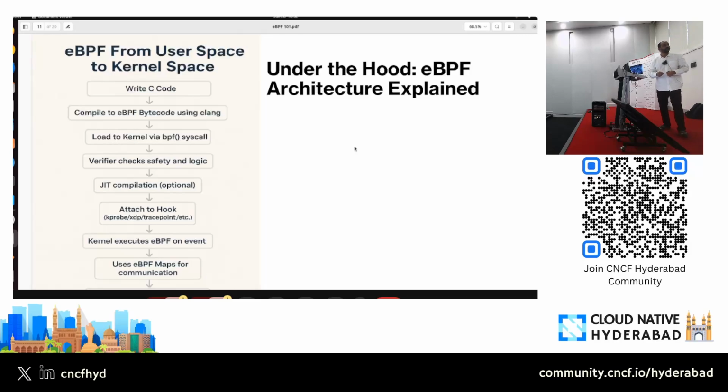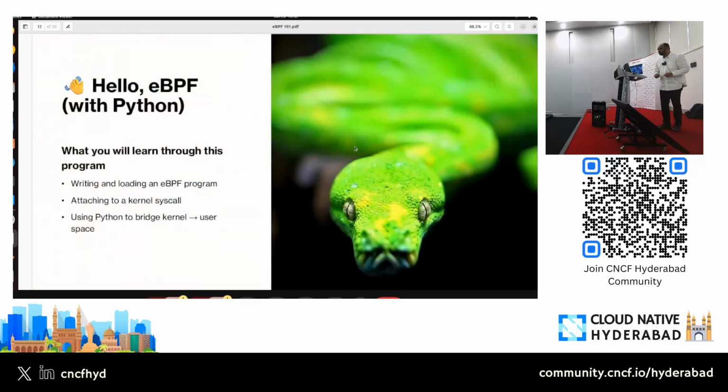So we'll see this in the picture, and then we will end up with the user space and the maps, which are used to communicate between your Linux kernel, where your eBPF program is running, and your user space applications. Right. So enough of the theory. Let's get started with the exciting part, hopefully.